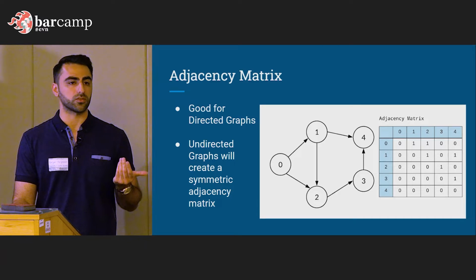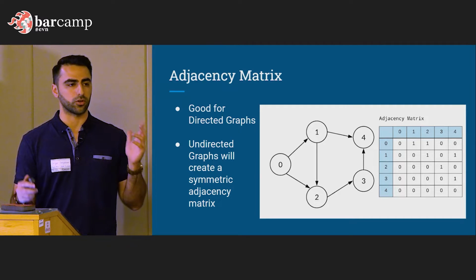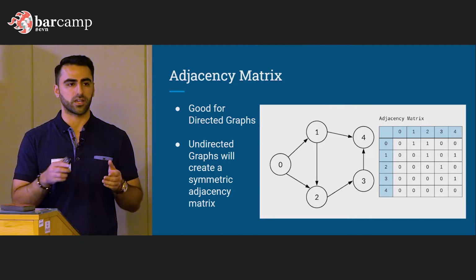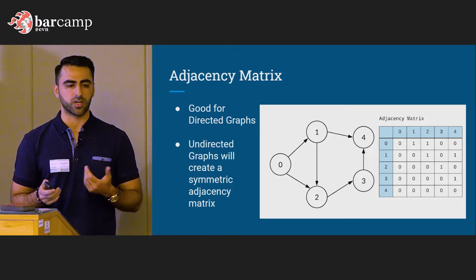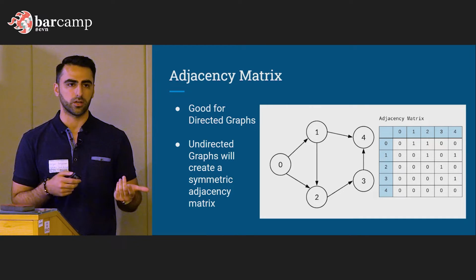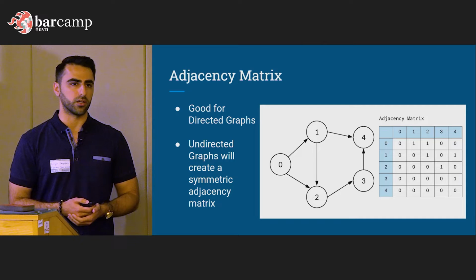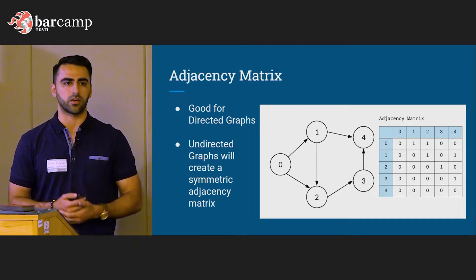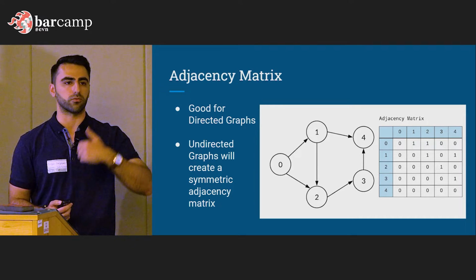Adjacency matrices are also something that's very common. They're really nice for when you're trying to show directed graphs, so graphs that always have to go in a specific direction. Most of the time you don't have this one-to-one. So if me and Robert are friends, then we share a mutual connection. But if, let's say, I see a celebrity, I have a relationship with that celebrity, but that celebrity has no relationship to me.